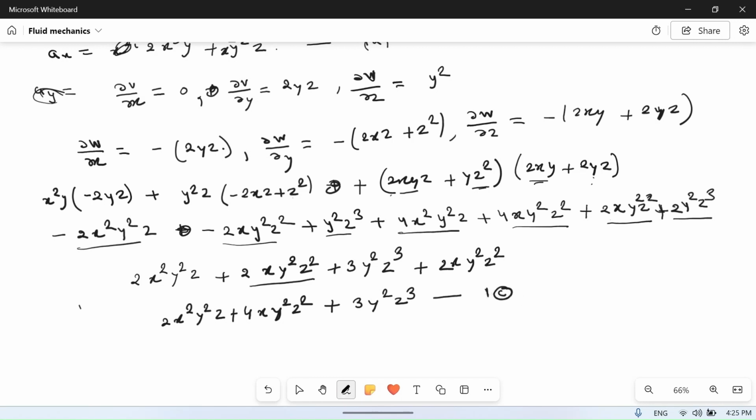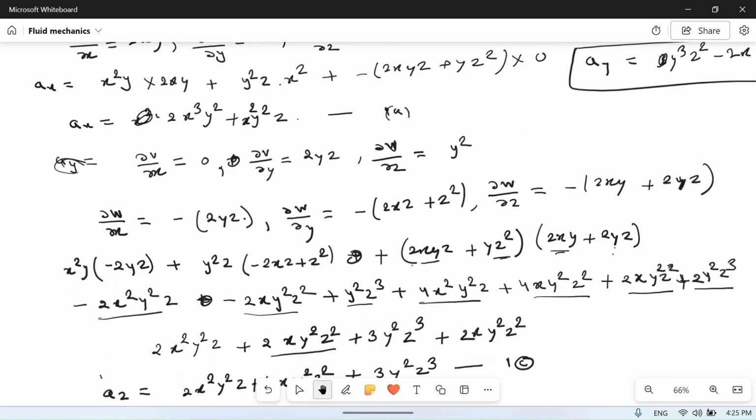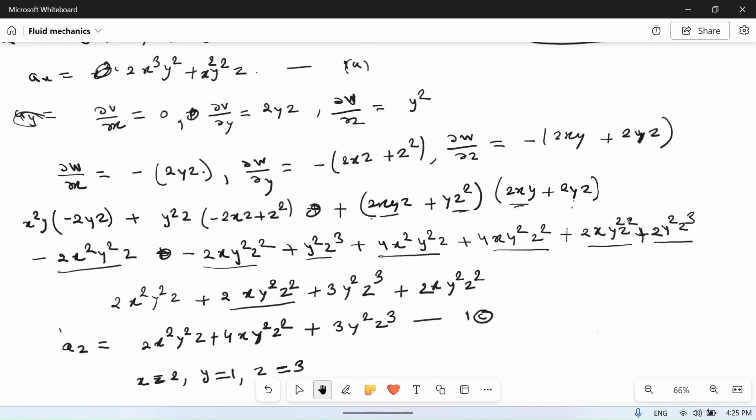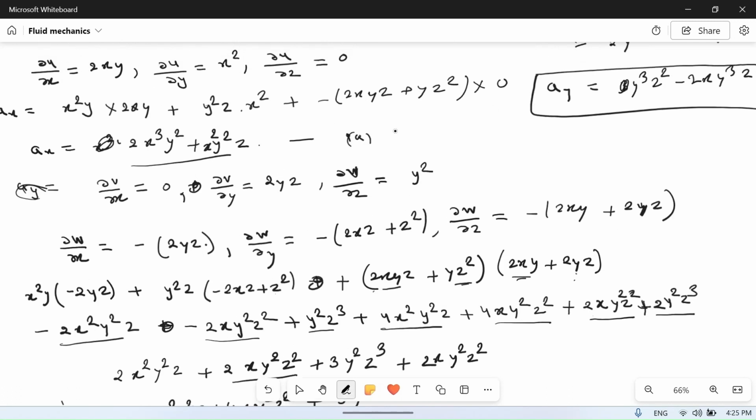So we have found the value of ax, ay and az. Okay, so we had to find these values at 2, 1 and 3, so we can put x is equal to 2, y is equal to 1 and z is equal to 3. So if we put this value here at ax in equation 1a, then we will get ax is equal to 2